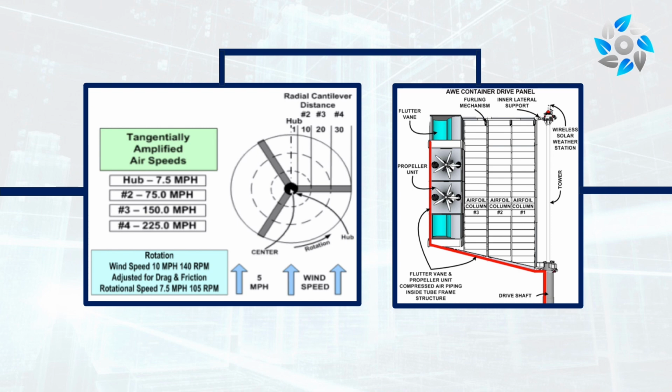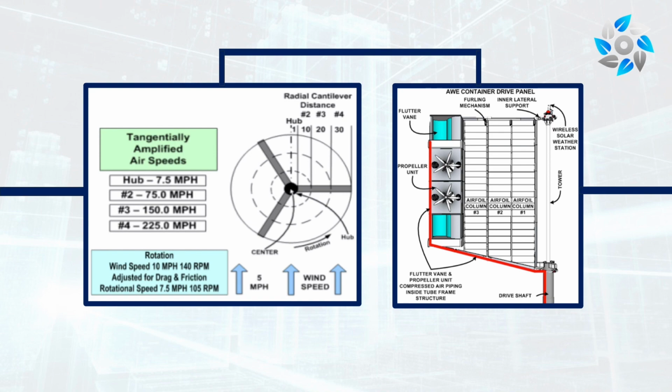The capture and harvesting devices mounted to the OAR have the additional following power available based on the tangential speed airflow. The tangential air speed multiplier is a factor based on the radial distance of the device from the center of rotation divided by the radial distance of the tower-mounted bearings. The adjusted tangential airflow speed is then cubed and multiplied by the power formula factors 0.5 and 1.225 to determine